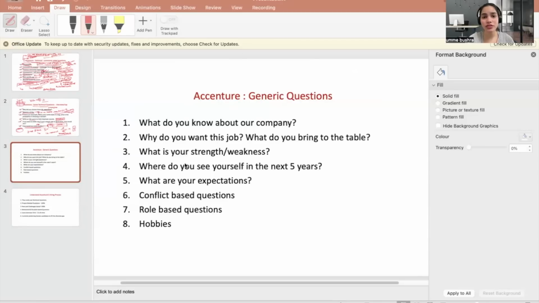So you can just go and learn a little bit about Wikipedia here. Okay, so now this is covered. It's always good practice to know a little bit about the company.